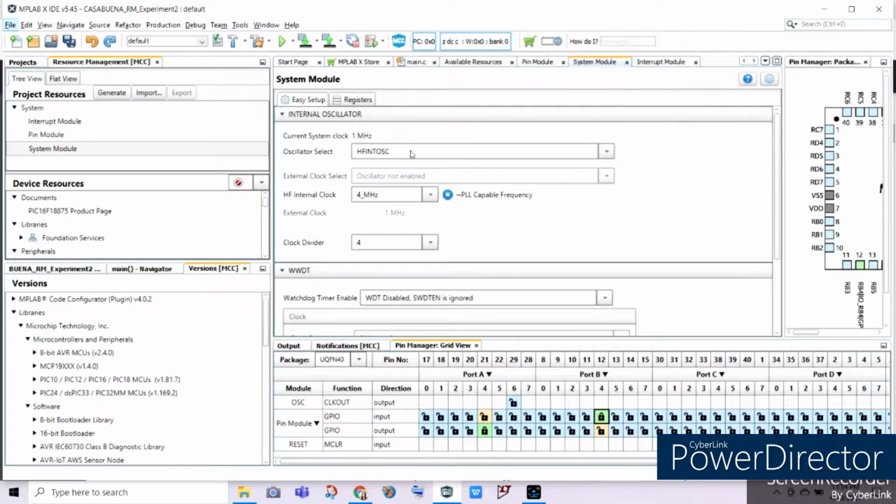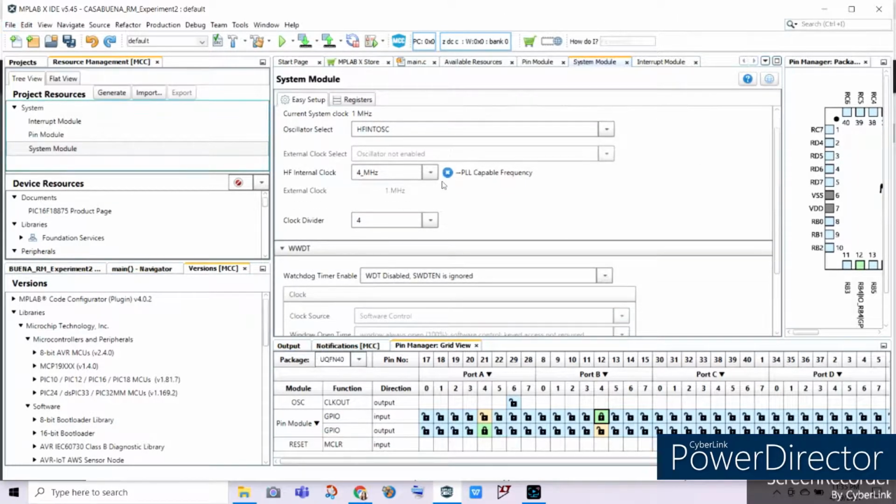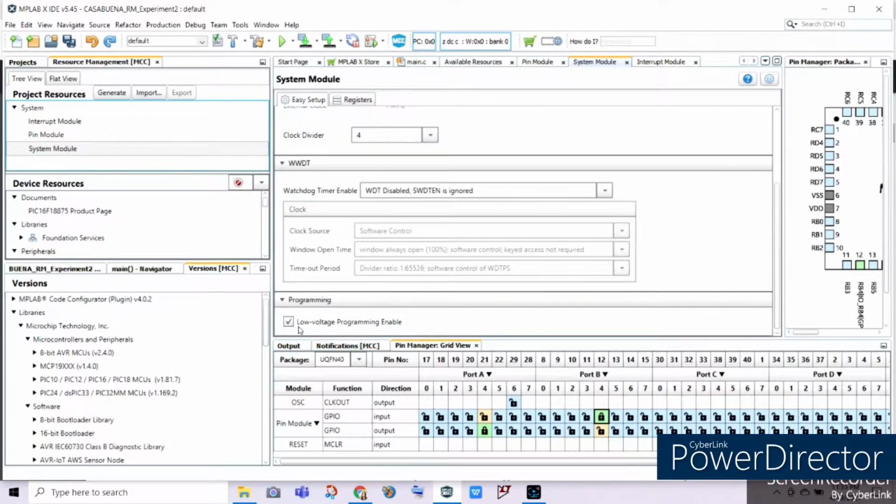So for our oscillator select, we should select HFINTOSC here, and we should select HF internal clock with a value of 4 megahertz, and then we should select 4 for our clock divider here. This will enable the internal 1 megahertz internal oscillator as the system clock. So this should be our system here, and don't forget to check our low voltage programming enable checkbox here on